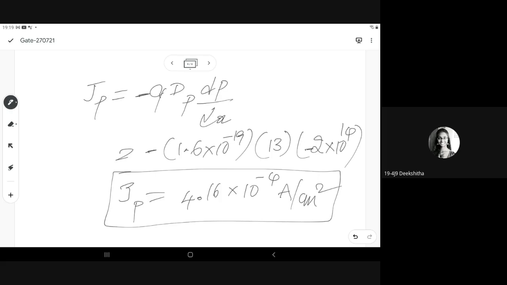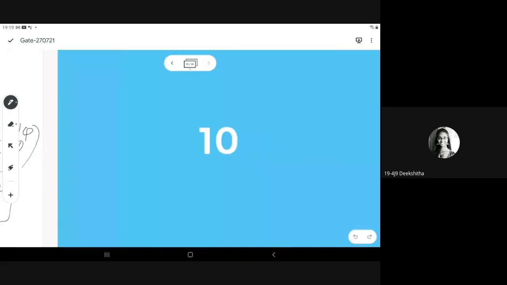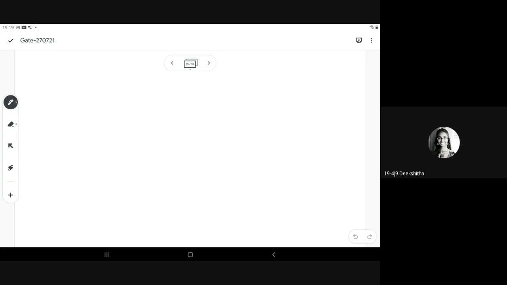And similarly, we are going to have intrinsic conductivity also, and the relation between intrinsic conductivity. There is one very important table we have to know, what is its atomic number and all. We'll write that one also. Make a note, very important formulas.